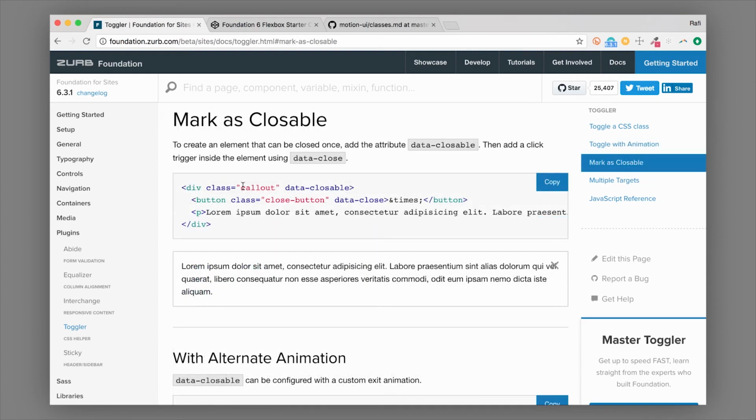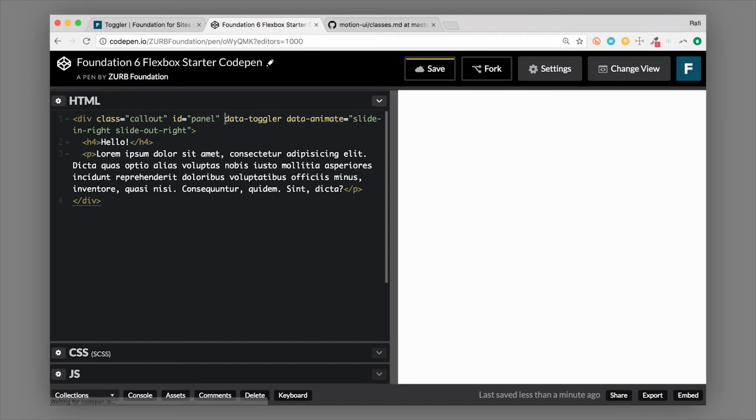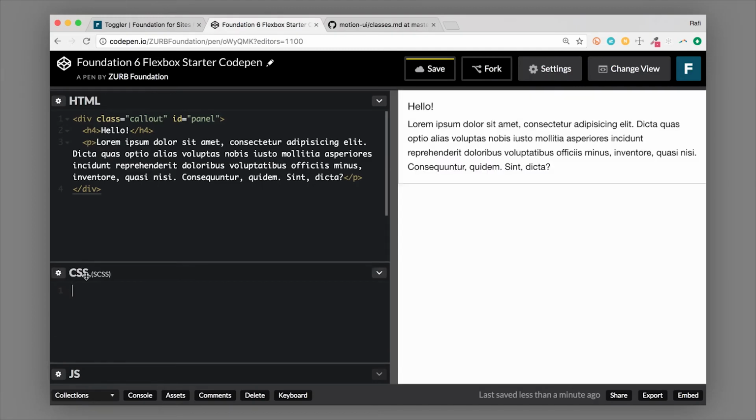You can also make something closable using the toggler component. So this is a little different method. You can make any parent container closable using Foundation's close button and the closable toggler attribute. So let's actually change this example up. So we don't need to toggle it with a button anymore. We don't need to use these toggler attributes anymore. And we don't need to hide this thing anymore. But we want to make it closable. So cool, let's add the most important part,